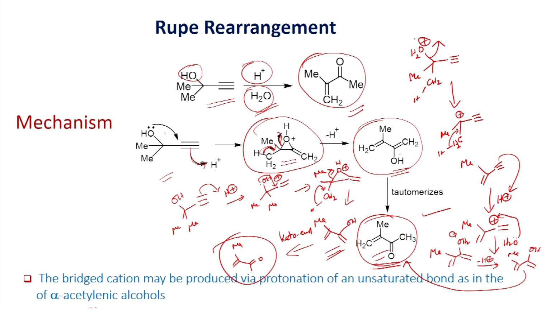Alternatively, protonation of this OH group can lose a water molecule, and you will end up with this tertiary carbocation, which can be converted into an alkene as shown here by removal of a proton. Once you form this alkene, among these electron rich positions, one can undergo protonation by addition of this proton, then you will have this carbocation intermediate. Once you have the carbocation, it can react with a water molecule, and you will have this enol, which as we have just seen can undergo tautomerization to give this vinyl ketone as the product.